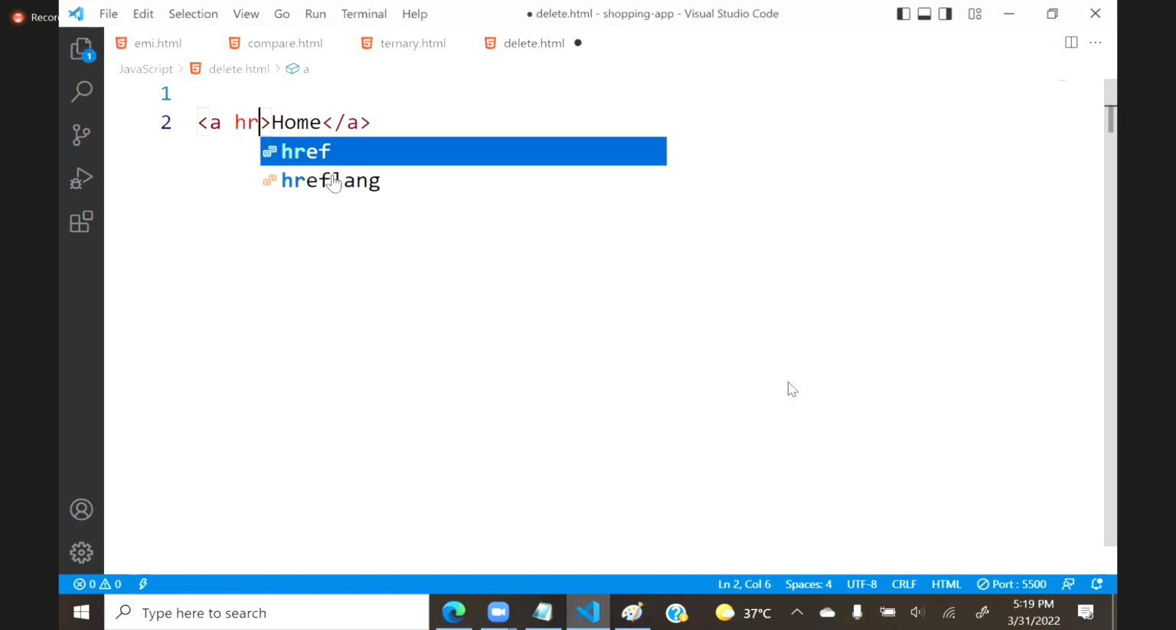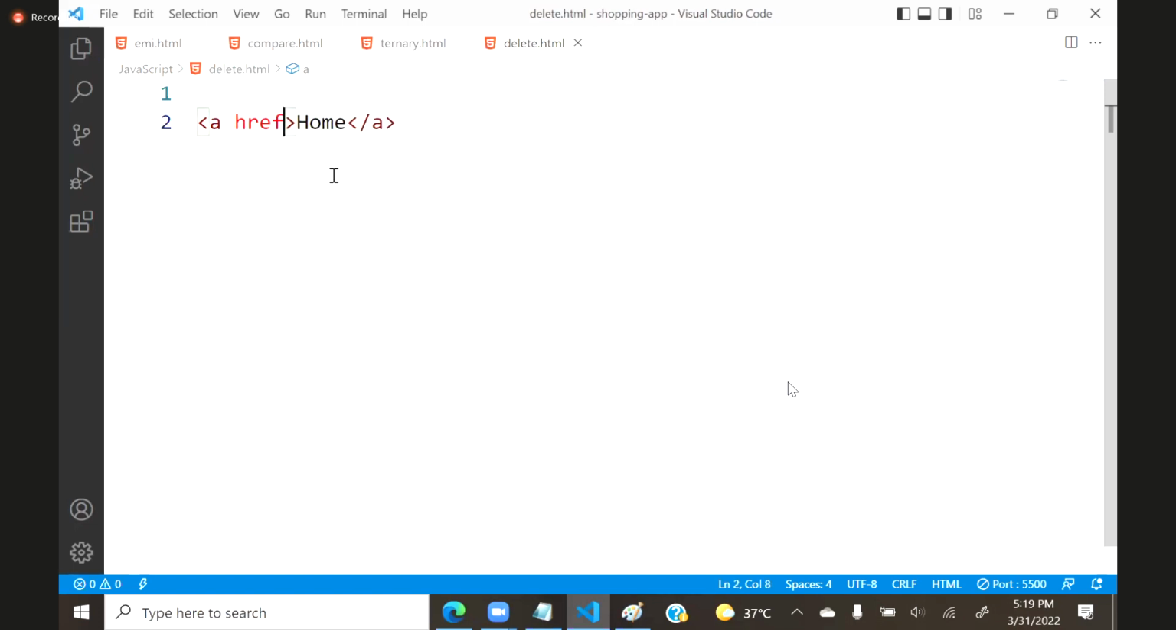Then I will write href like this. Is it valid? This is also not valid because href needs a path. Okay, I write empty. Is it valid? That's also not valid. I write hash. Is it valid? Not valid. Why? Hash means ID, right? Where is the ID? That is also not valid. Many people think this is valid,